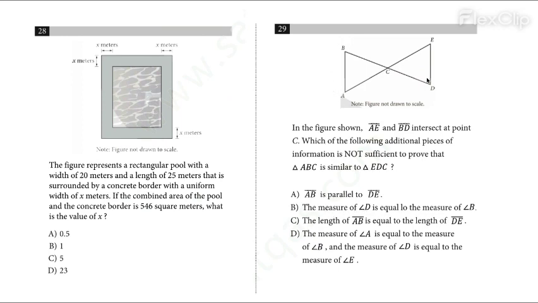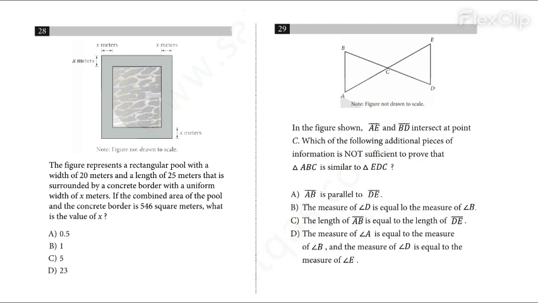So if we know that the length of AB is equal to the length of DE, we know that BA and ED are the same length. And we also know that angle C is the same. However, that doesn't really prove anything, because you don't have another side or another angle to make the congruency or similarity statement come true. On the other hand, D does show that you have a similar triangle,